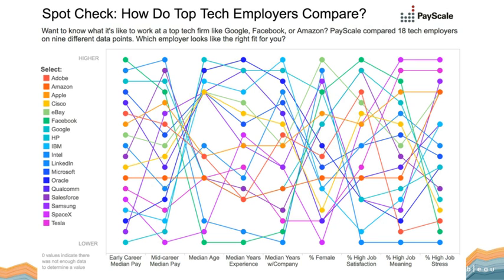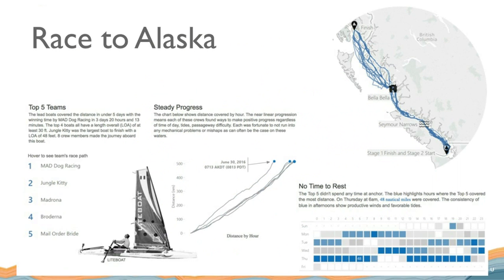Here's another example by a friend of mine here in Seattle, Anthony Gould. Anthony works for Slalom Consulting, also runs the Tableau user group here in Seattle. Used to be a fighter pilot. That's neither here nor there. But he made a visualization that I just love called Race to Alaska. I didn't know anything about this thing. There's a race, evidently. It looks like it has to do with boats, and it looks like you travel along the coast up British Columbia, supposedly. I don't know. He could have just titled it Race to Alaska and showed the data.